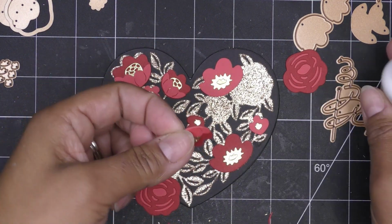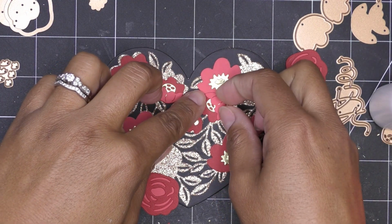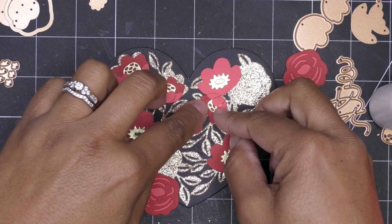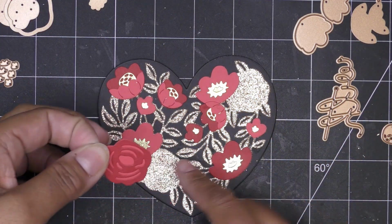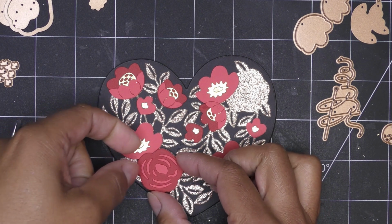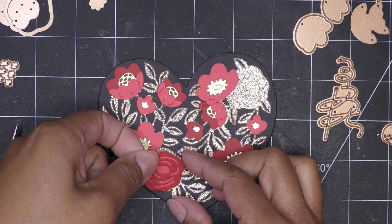And I'll continue placing these, and I will be right back. Cute. So again, dimensionals on the back of this guy. You can kind of see that flat area looks best, like right here. It follows that outline